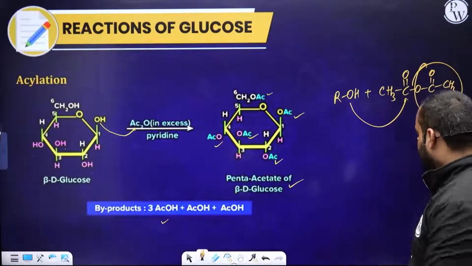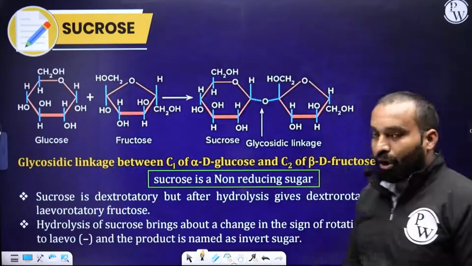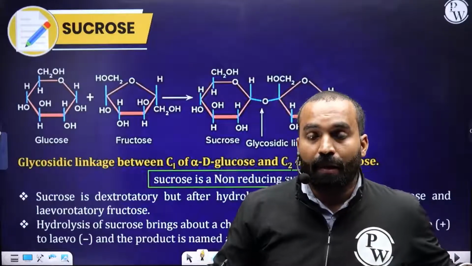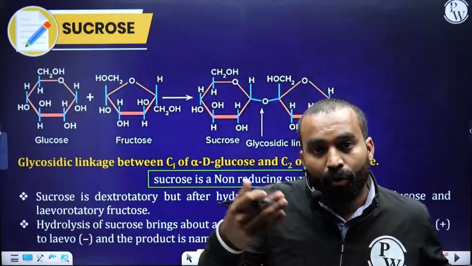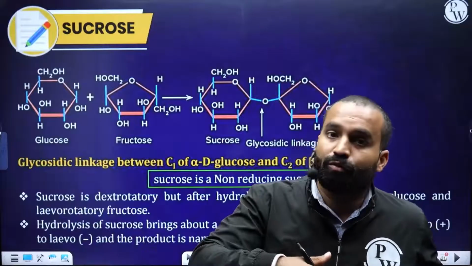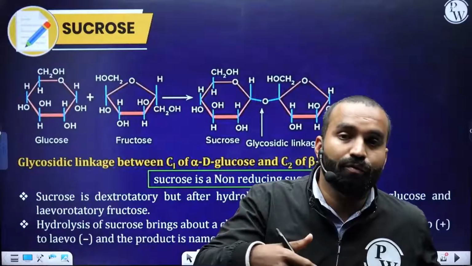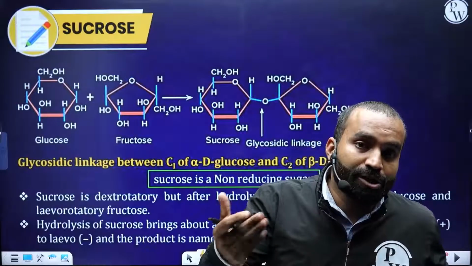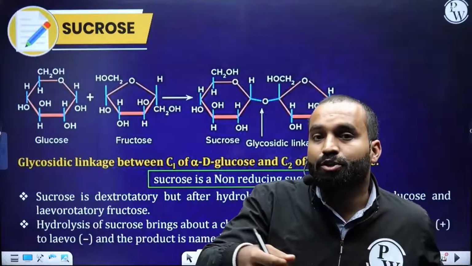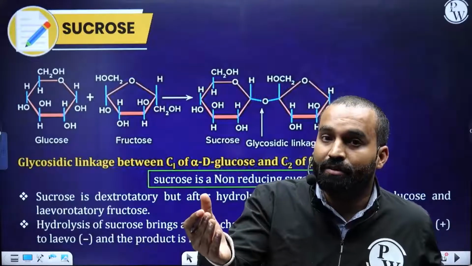All right, everybody. Next. Now glucose discussion is done. We have discussed how the glucose structure was elucidated. How do we know it's a straight chain molecule? How do we know it's a cyclic structure also? How do we know the alpha beta structure? How to prepare them? How we commercially obtain glucose molecule from cane sugar, from sucrose and various other sources?